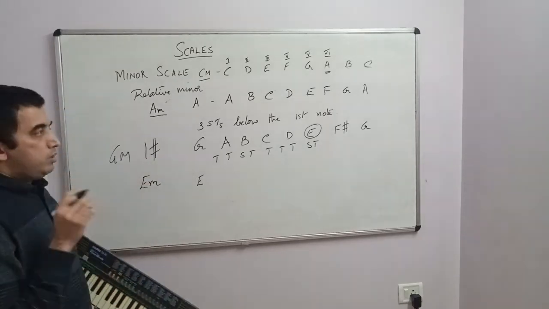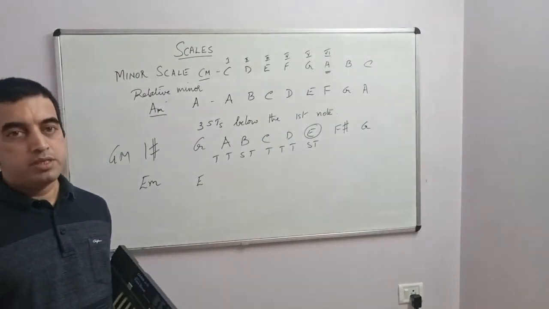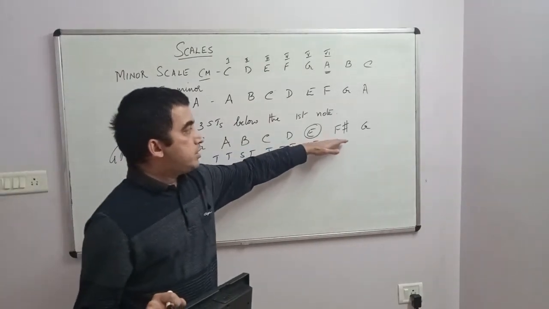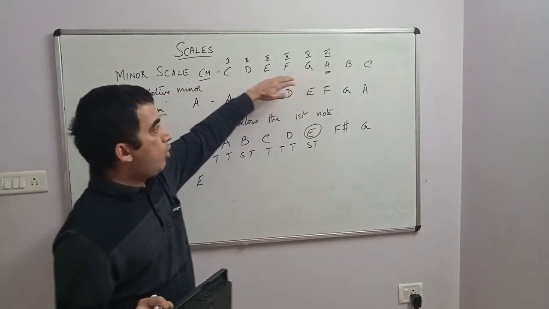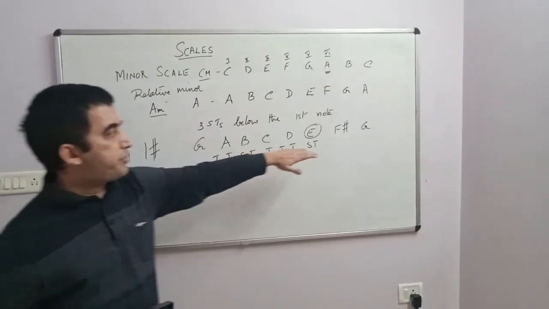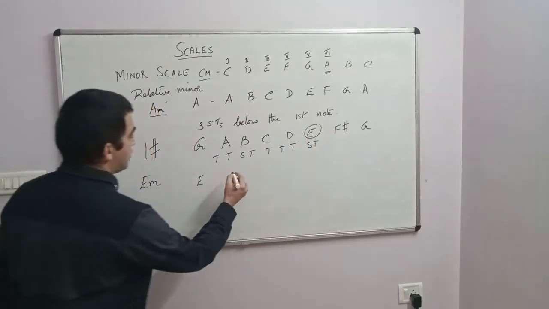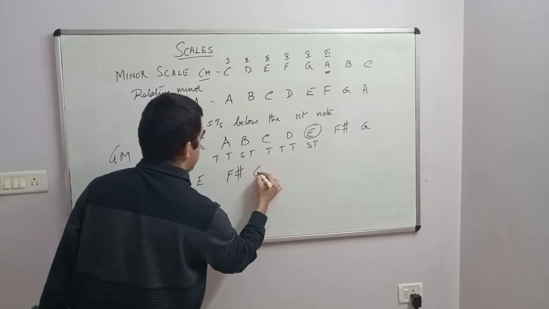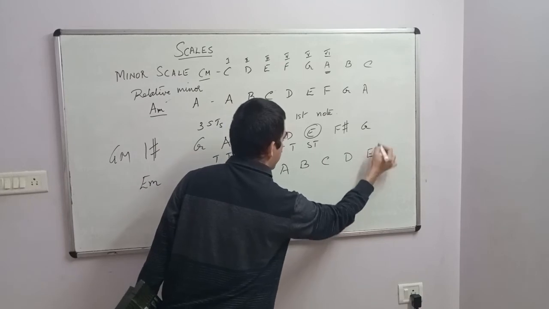Right. So the important thing you have to remember when you play the relative minor to the major is that you always carry the changes in the notes along with that major scale. Example, in the C major scale all were natural notes, so you didn't have any problem as such. Whereas in the G major scale you have an F sharp. Correct? So if you want to play the E minor, you have to take this as F sharp. Then G, A, B, C, D, and E.